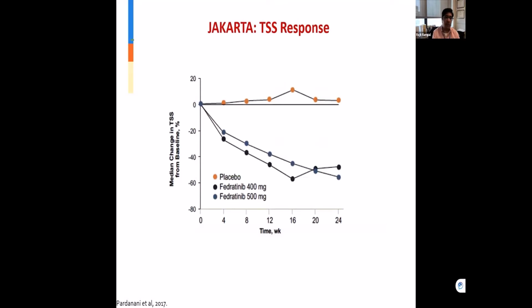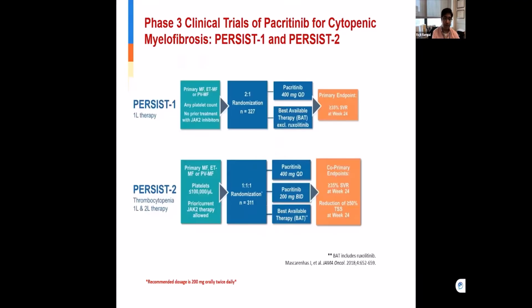And if you look at the symptom score over time, in placebo-treated patients, it doesn't change, but in patients who get fedratinib, it decreases over time. So again, same idea, spleen gets smaller, symptoms get better. And finally, there was